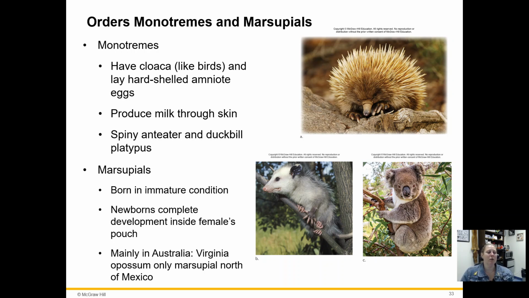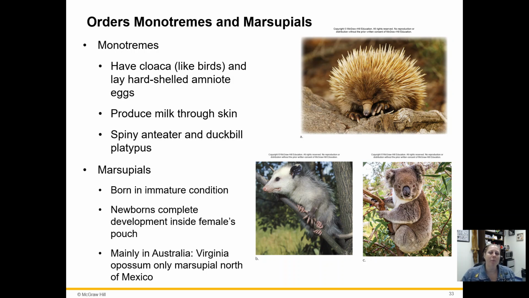From the monotremes, we go to the marsupials. So marsupials do have internal gestation, but it is a very short period of internal gestation. The offspring are born in a very immature condition and have to climb into the pouch. So the newborns complete development inside of a female's pouch. So these are your pouched animals. That includes your koalas, your kangaroos, your possums. They're mainly found in Australia again, and once they get into the pouch, they are going to attach to a